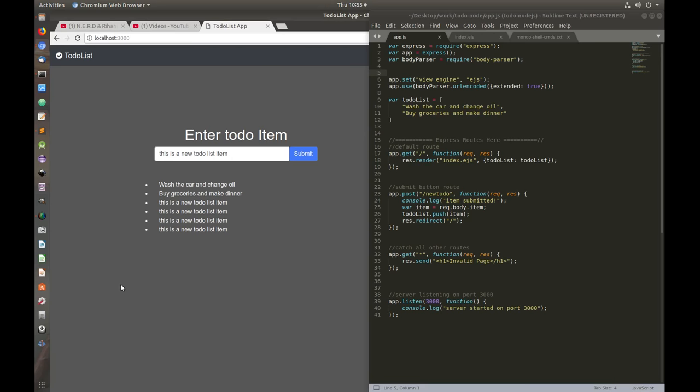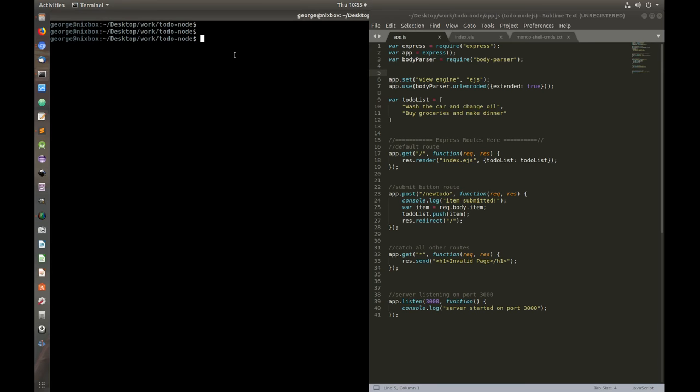In this section we are going to make the changes or the data permanent using MongoDB. But before, let's do a brief introduction to MongoDB. So I'm going to head over to my terminal, and